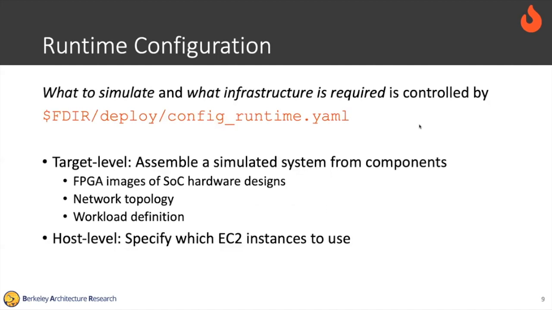So as I mentioned earlier, runtime configuration is managed by this config_runtime.yaml file. It's basically indicating to the FireSim command that you typed in, firesim infrasetup, firesim launchrunfarm, what I'm going to launch and what I'm going to run. So it indicates at the target level what's the network topology, what's the FPGA image that I'm going to use, and what's the actual workload, what's the actual software thing that I'm going to run, the binary, Linux, whatever